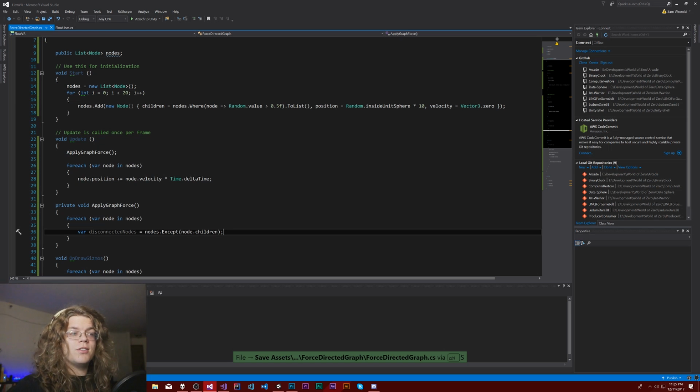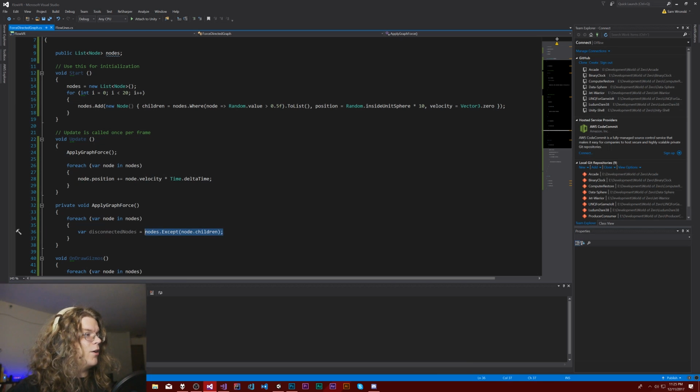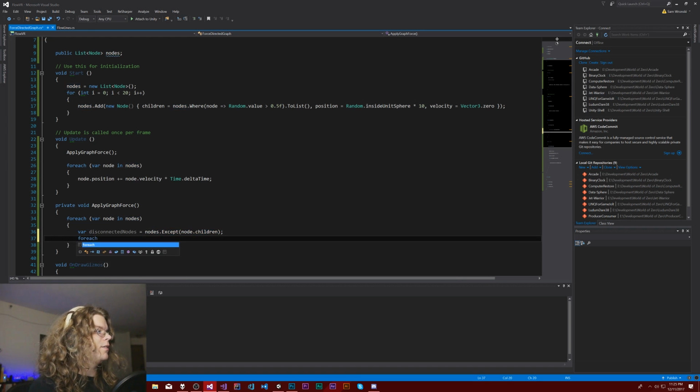So we're going to pull off all of the children that are part of this. So we have two lists that are complete opposites of one another. One has all of the elements over on one side, and one has all the elements on the other side. And so this way, for everything,